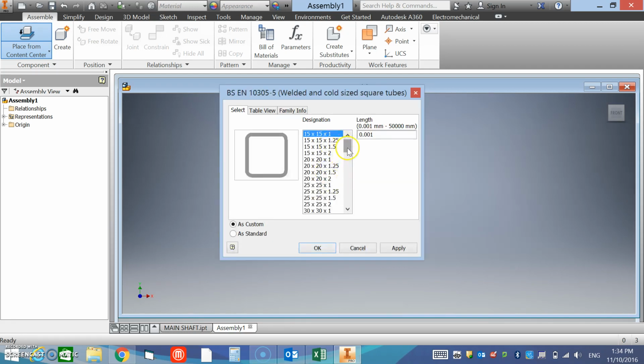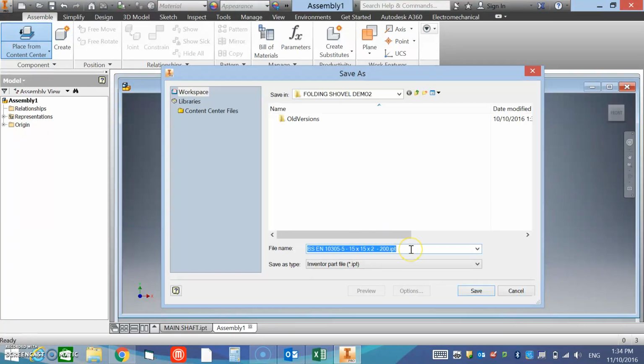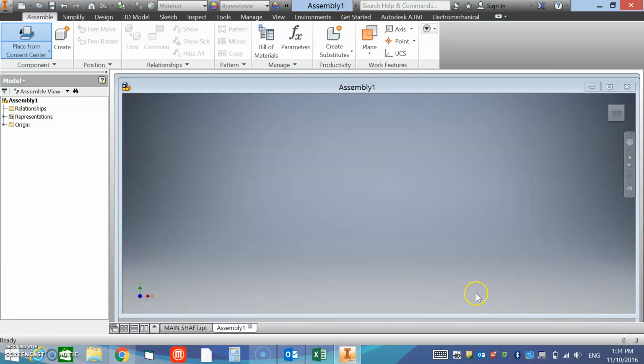you'll get this amazing menu drop up. So the size that we want to use is 15 by 15 by 2 millimeter wall thickness, and we can specify the length that we want to put in there, which is 200 millimeters. So you manually type that in, leave it as custom, and hit apply. And you want to give that a part name, so I'm going to call that main shaft, and it's an embedded part file inside an assembly. Hit save,